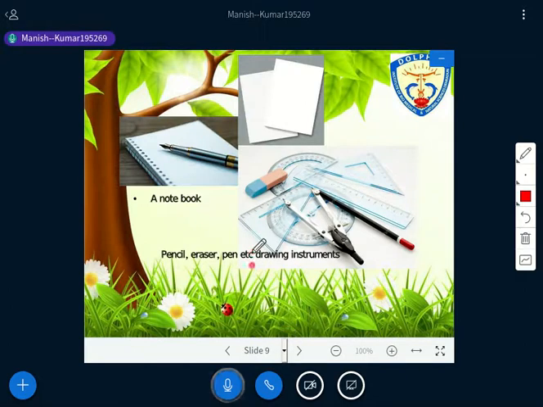Now move to this. Apart from that, the other things that we obviously require are a notebook, a pen, paper, pencil, and other drawing instruments. You will see that this is a drawing sheet. These are the drawing instruments. We have a pencil, an eraser, a pen, a notebook. These things are also required in the field itself, right? So these are the basic instruments required where we have to record the data.